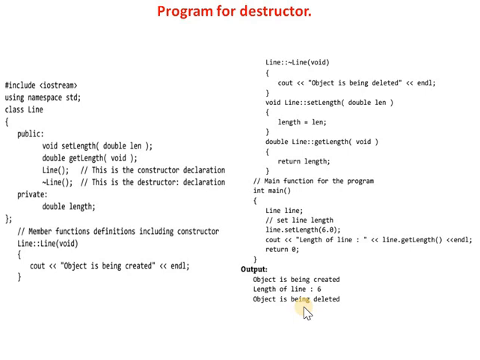When does the destructor get called? There are some situations in which the destructor function gets called. The destructor is automatically called when the program finishes its execution. Next, when a scope, meaning the braces containing local variables, ends, or when you call the delete operator. In these situations, the destructor function will be called.